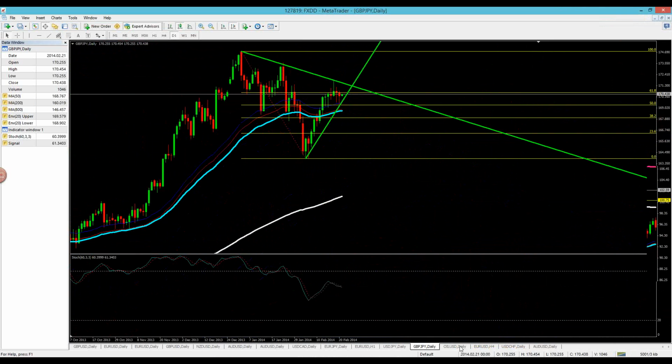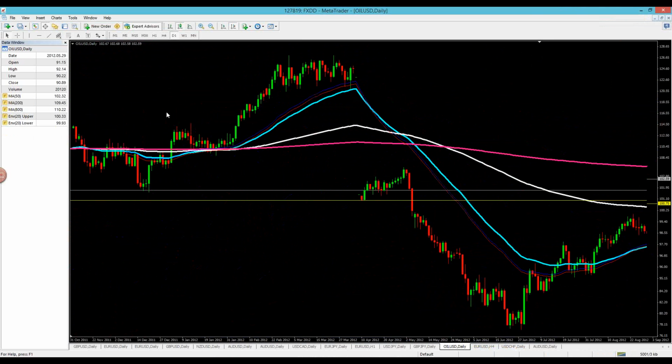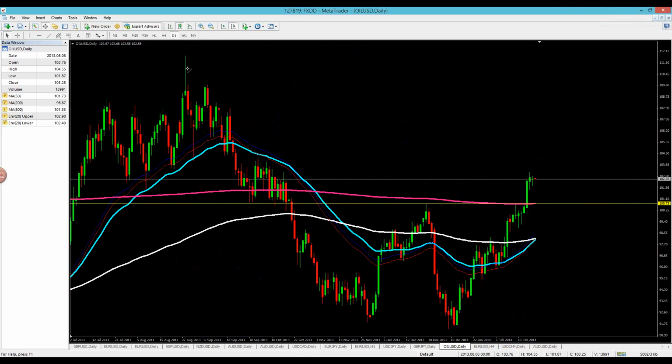Okay, so just for the sake of looking at oil, we're going to look at oil here, just because we had been tracking it as it hit the 800. That was a point of decision and a good place to look for a potential trade. And I really don't have anything to say about this. We had a double bottom here, and you can see a breakout.